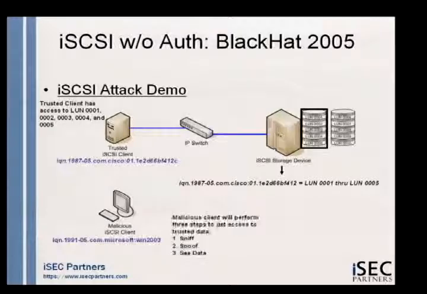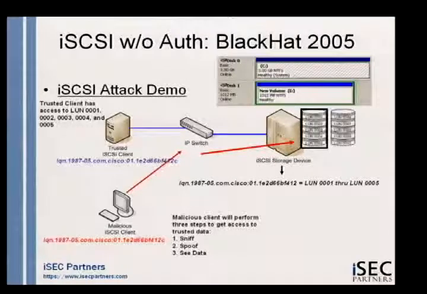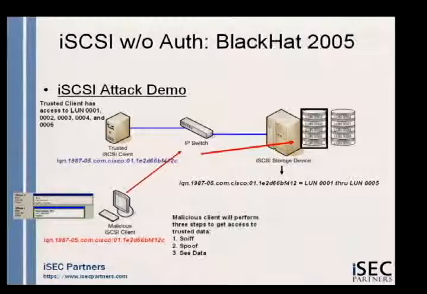The storage device has a mapping. Basically, this IQN from the trusted client is the one that has access to all these secure LUNs, or these data LUNs. The attacker again spoofs that information, which is sent freely over the network in clear text, or comes from a simple name server that's not using authentication, which is the default. They change their initiator node name and send it to the storage array. The storage array sees that it's a duplicate, overwrites the existing one, and gives the attacker access to the data over the network.